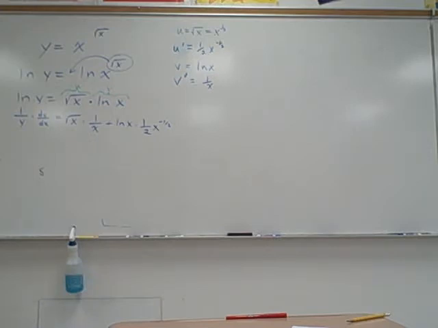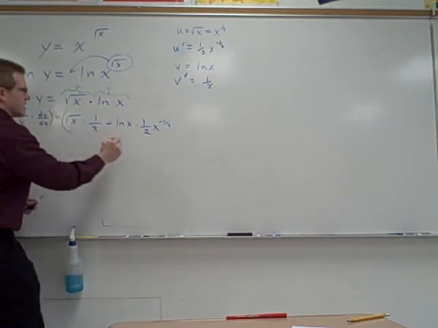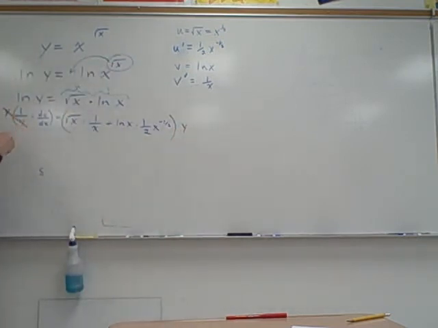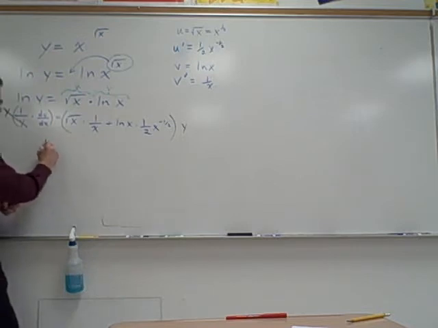Now, I don't really want to know what 1 over y times dy over dx equals. I just want to know what dy over dx equals. So how can I get rid of this 1 over y? I'm going to multiply by y. There's probably more than one way to do it. Take this whole side times y. That way these y's can cancel out. So your answer would be this, dy over dx